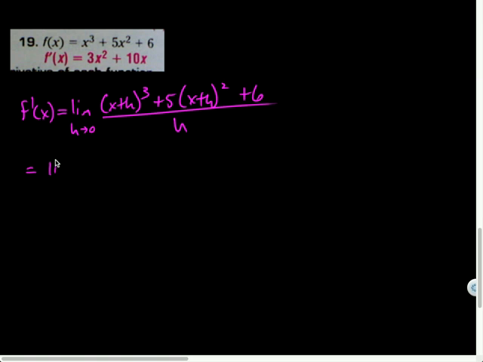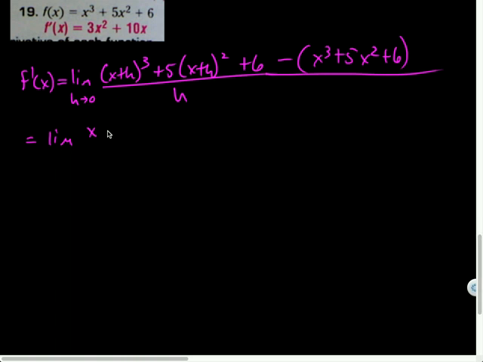Equals the limit of, what's this? What did I forget? Oh man, that's right. Minus f of x. X cubed plus 5x squared plus 6. I forgot my f of x. Classic mistake. So this is what? x cubed plus 3x squared h plus 3xh squared plus h cubed. Is that first thing expanded using the binomial theorem